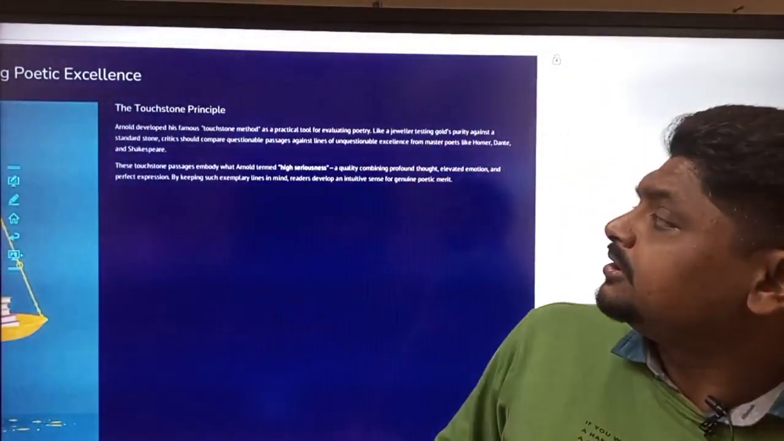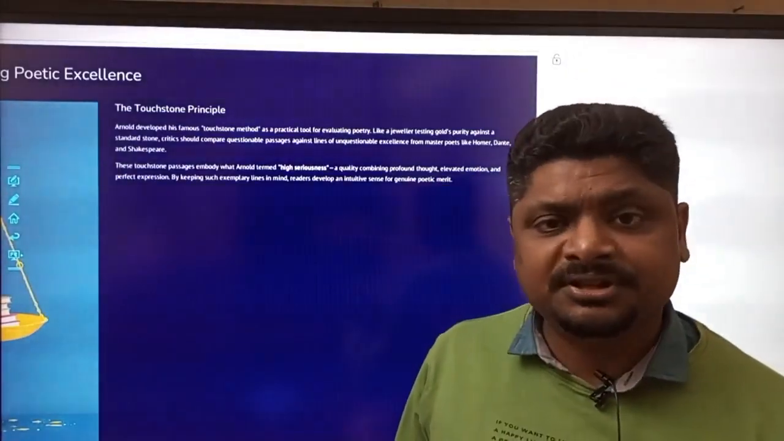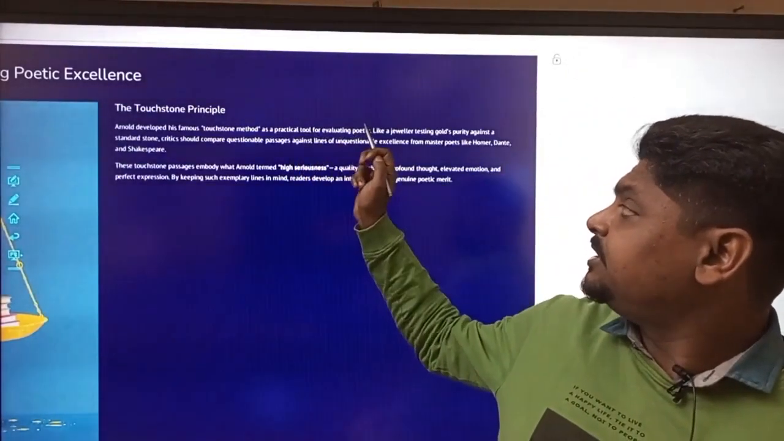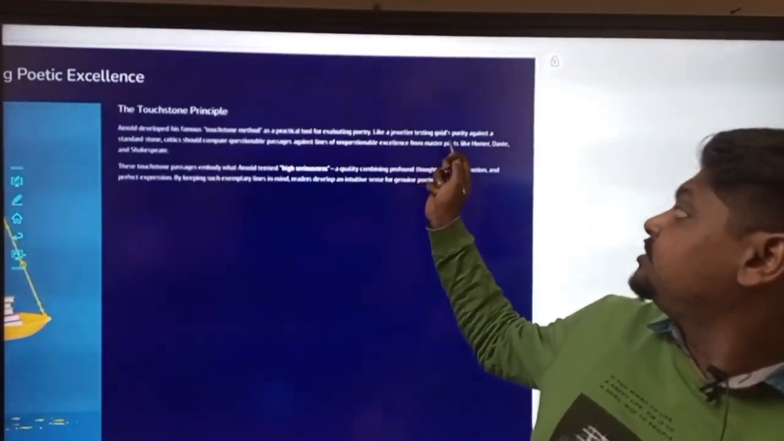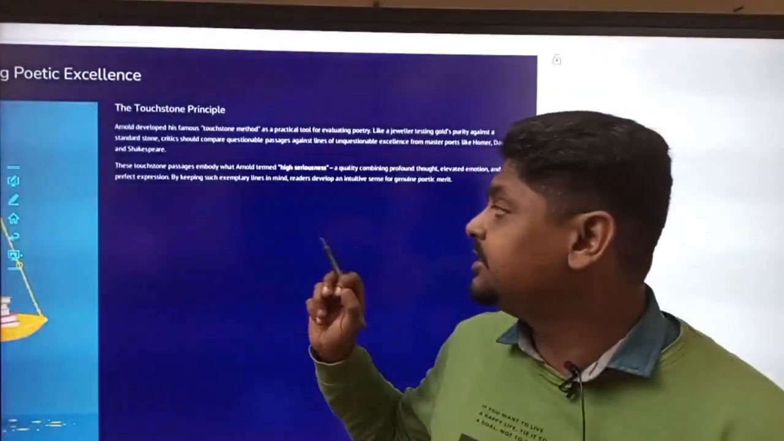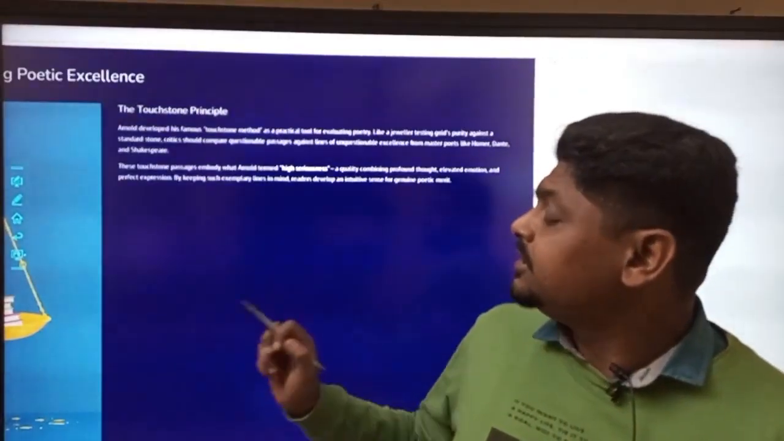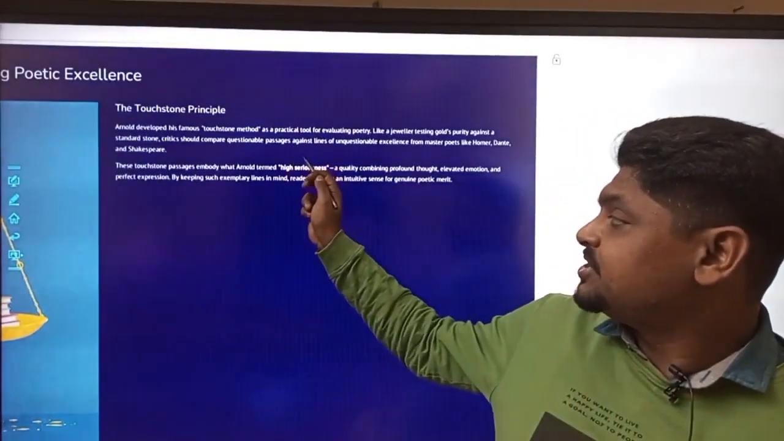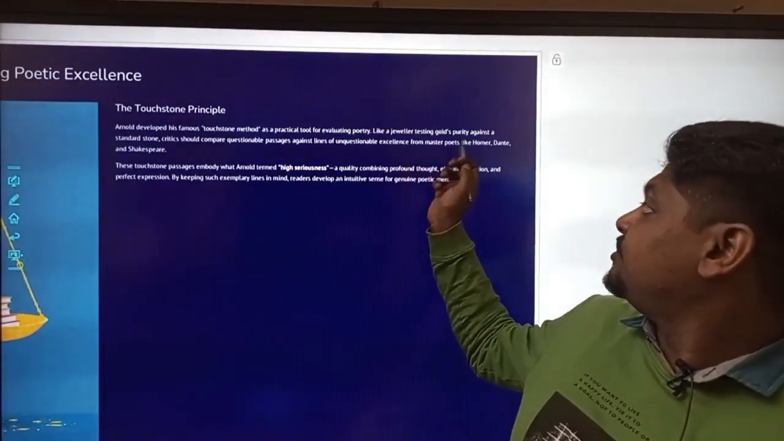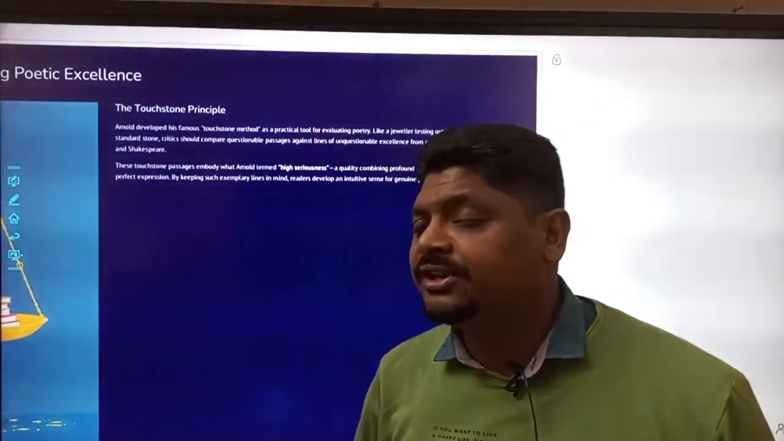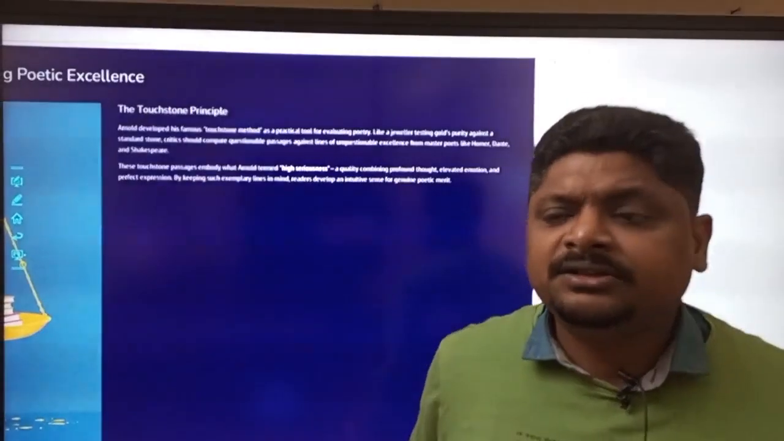Now, the touchstone principle. So Arnold developed his famous touchstone method as a practical tool for evaluating poetry, like a jeweler testing gold's purity against a standard stone. Critics should compare questionable passages against lines of unquestionable excellence from master poets like Homer, Dante, and Shakespeare. These three names